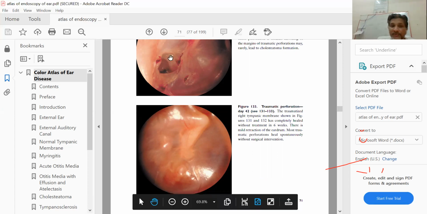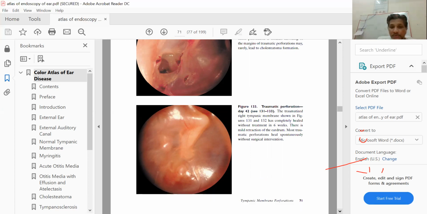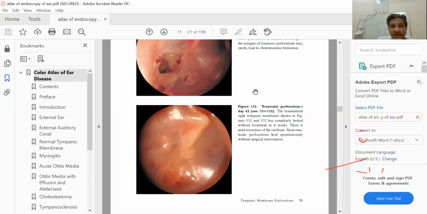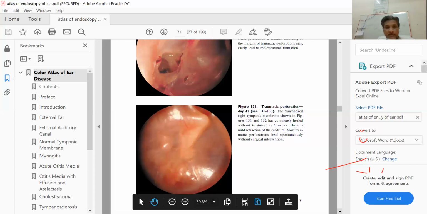But if the perforation still persists, then a proper surgery is indicated, be it a transcanal or a post-auricular approach, or nowadays a very popular one is the endoscopic approach, through which you operate through an endoscope. The surgery of the tympanic membrane initially started with a microscope, and you have a coaxial vision, but with the advent of endoscopic interventions, you can easily operate the middle ear, even the mastoid region, even extensive surgery you can do with an endoscopic approach.